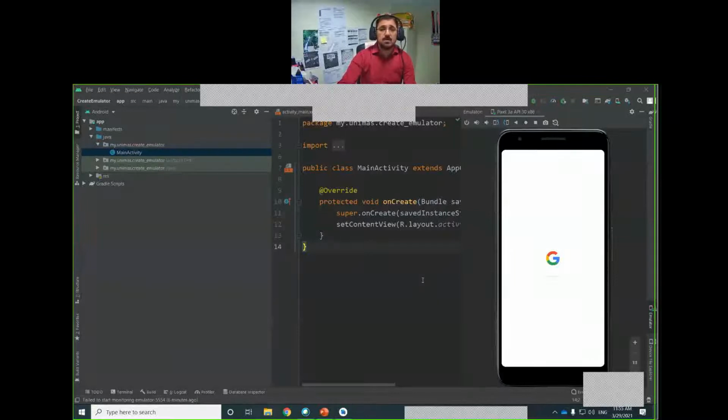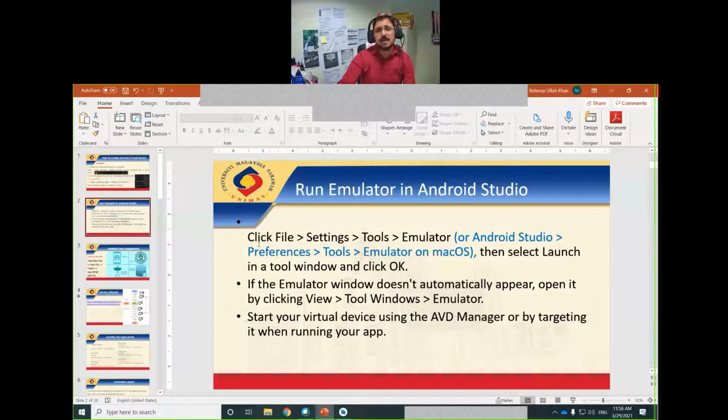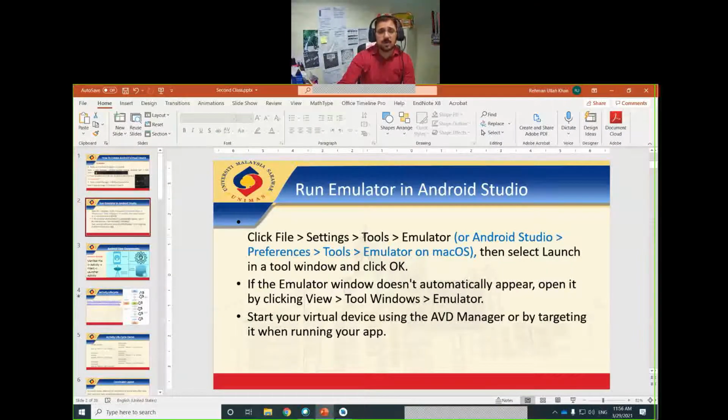So to run the emulator inside Android Studio, I'm repeating once again that you will go to File, Settings, and then inside Settings, Tools, and then click Emulator, in case of a Windows computer.